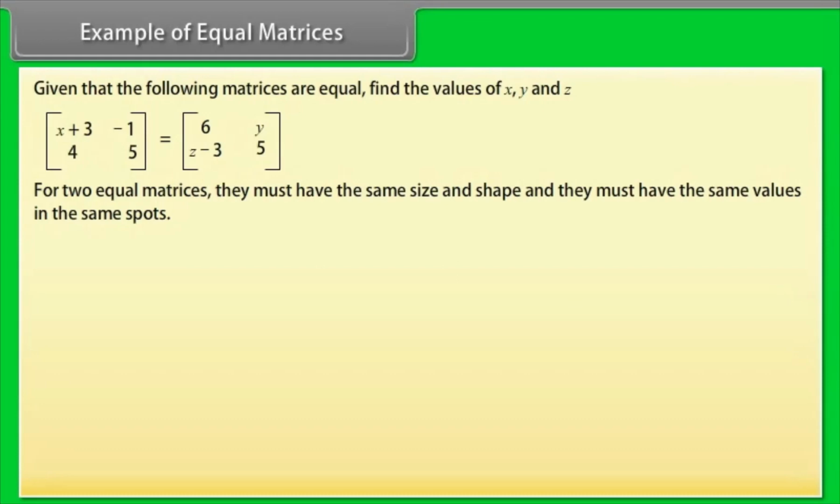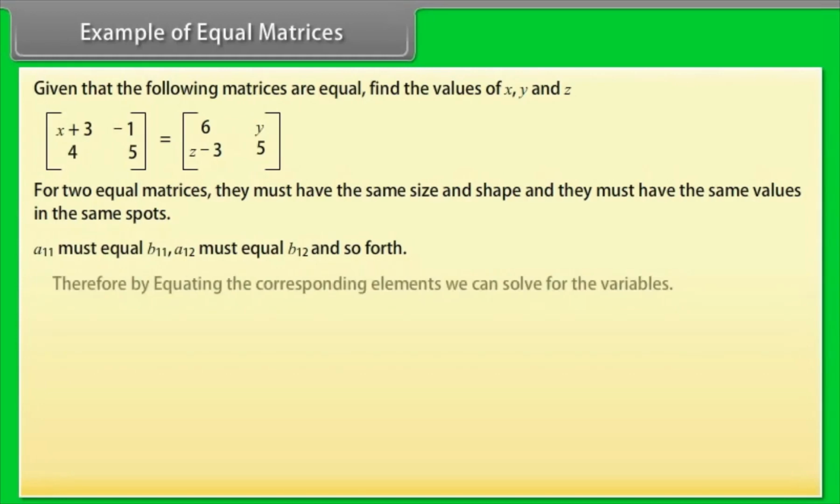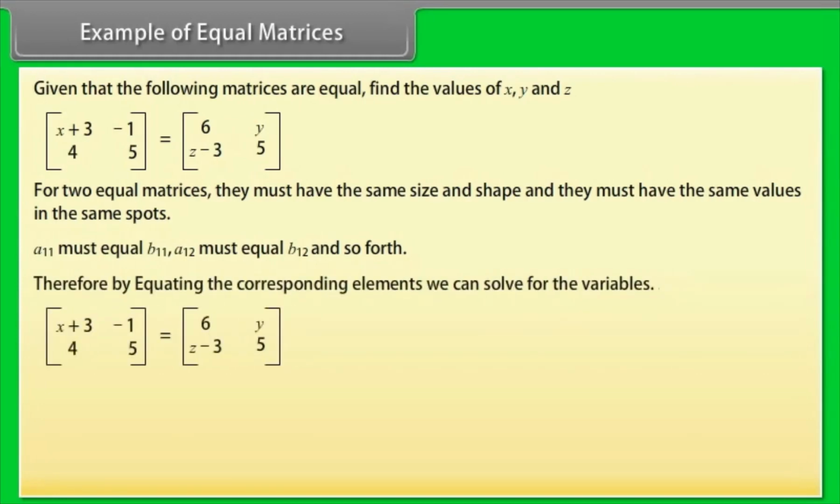Or we can say a11 must be equal to b11, a12 must be equal to b12 and so forth. Therefore, by equating the corresponding elements, we can solve for the variables. x plus 3 is equal to 6, x is equal to 3, y is equal to minus 1, z minus 3 is equal to 4,